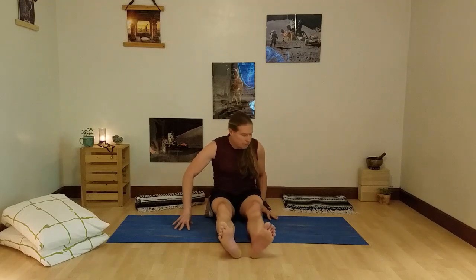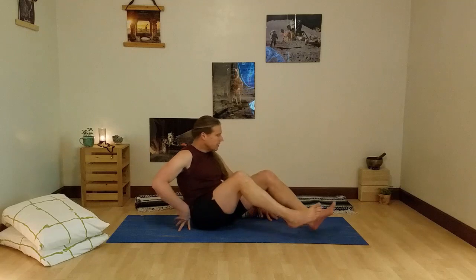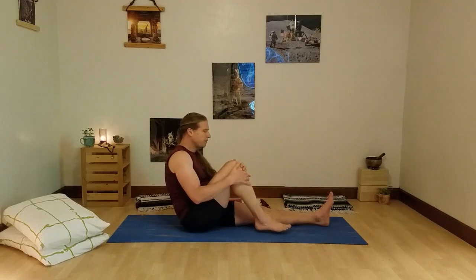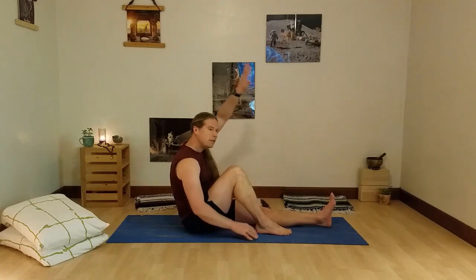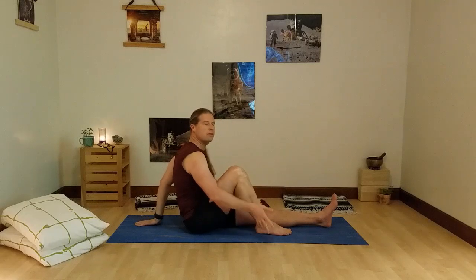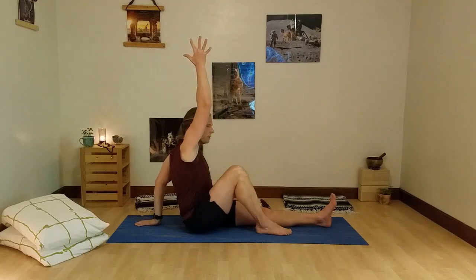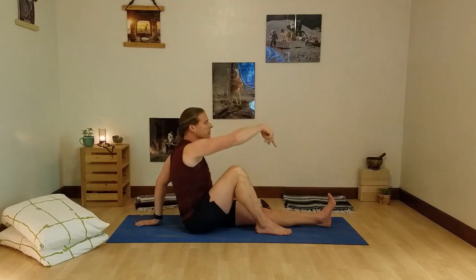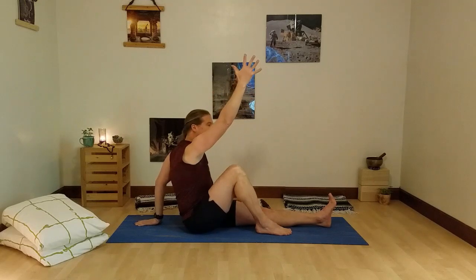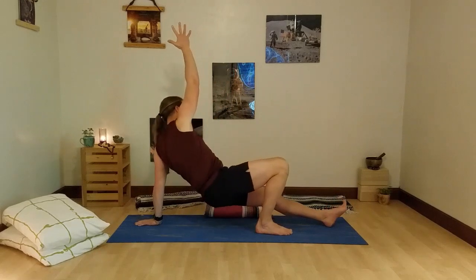I will offer counter poses. I have a really yang one that you can try if you wish. It's called Wild Thing. For Wild Thing, bend the right knee, put the right foot on the floor. Left leg is straight. Then bring the left arm behind you, root the hand into the ground about 6 inches from your hips. Right arm comes up towards the ceiling, and then root through your left heel, right foot, and left hand,